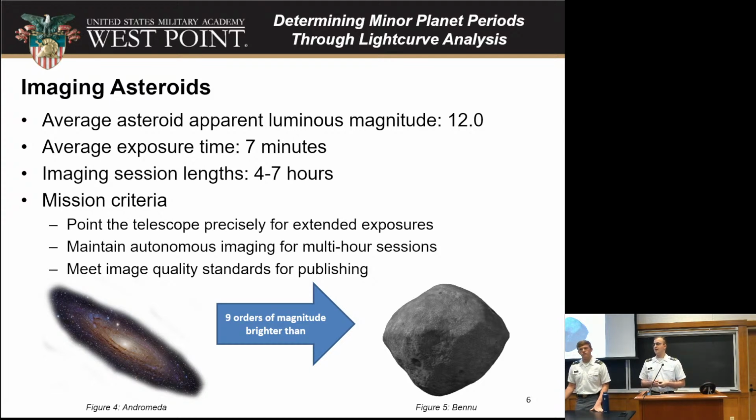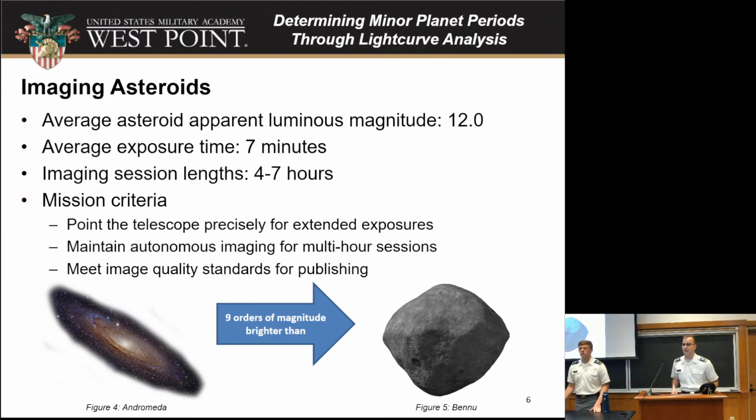Additionally, we need to pick up the asteroid for an entire rotational period. Most asteroids have a rotational period around 2 to 10 hours. That's the window that we're looking for, so we need to be able to get data on the asteroid for that period of time. So our mission criteria to meet all that